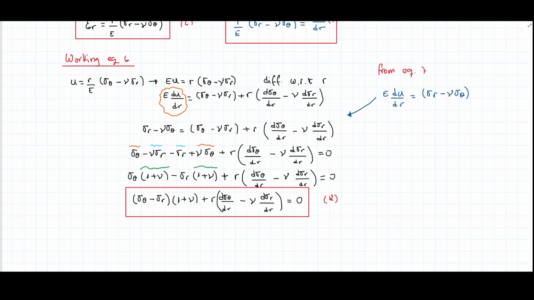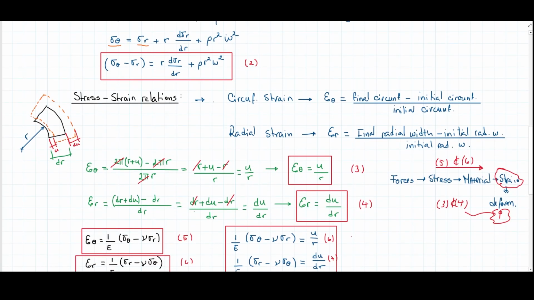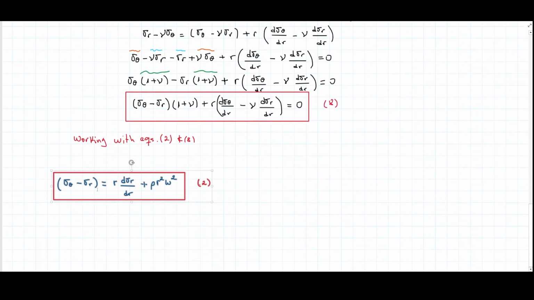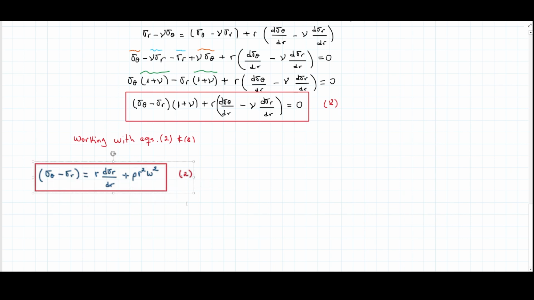Well, working with equations 2 and 8. This one is the other relation I wanted to have. I have this term, so meaning that this term here, if I copy this, like this. So I have equation 2 here. I brought it down, meaning that this term here can be extracted from equation 2. Then I could write that